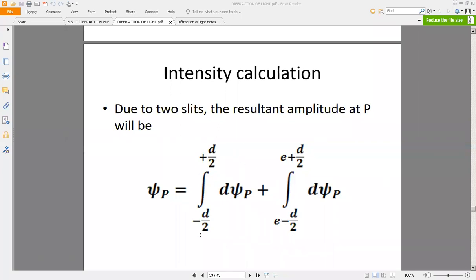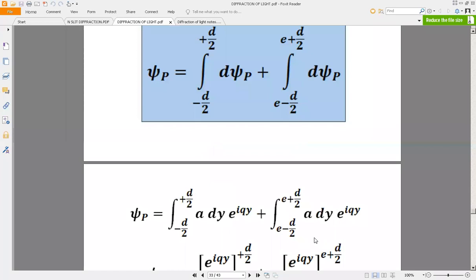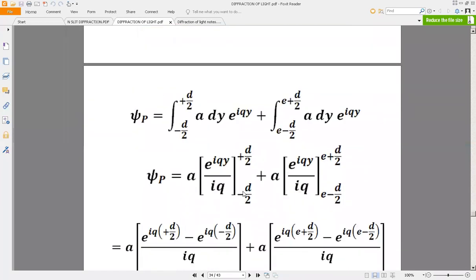So if you just do the first part of the integral, that is a single slit. If you just do the second part of the integral, that is another single slit. So when you add both of them, it is going to give you the double slit, right? As you know how to solve the first integral, we have already done it. Now the second integral part I am going to show here.